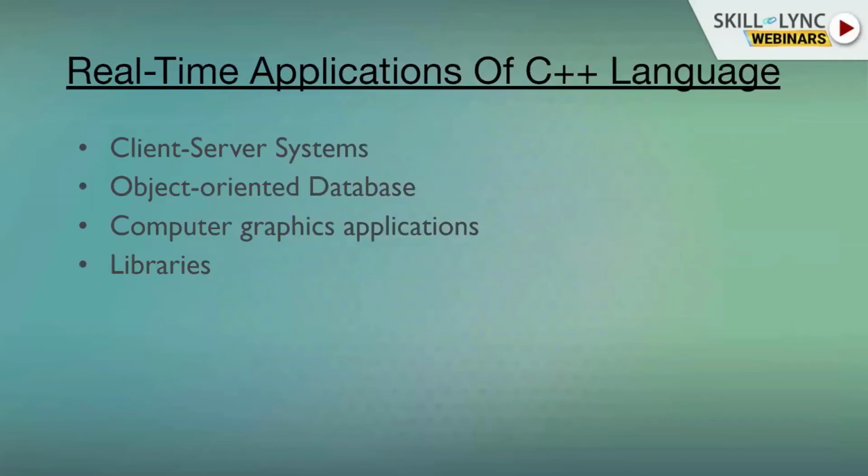When you say we are using it for the graphical user interface, we are using it for developing games or solving real-time simulations with the help of C++. So we are using C++ in graphics and the design of interfaces for animations.